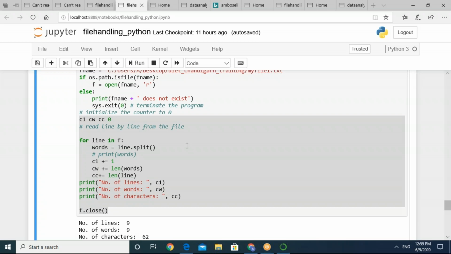And split method, I have shown you the output also by running the command print words. In print words, it split the line word by word and created a list for you. So I hope you remember in my code, I have just commented that line, print words.